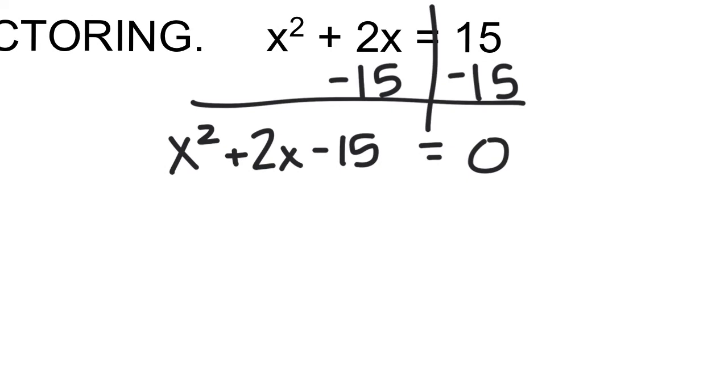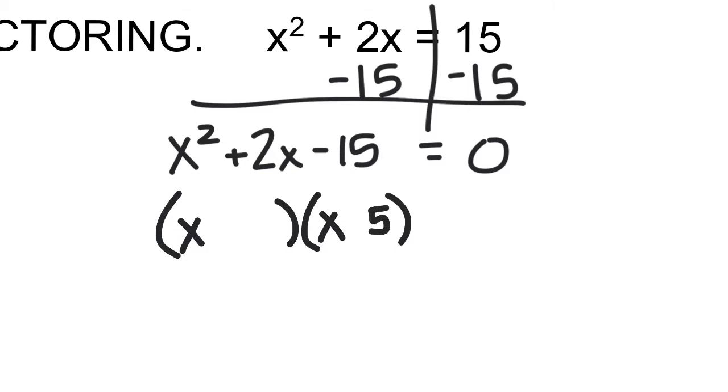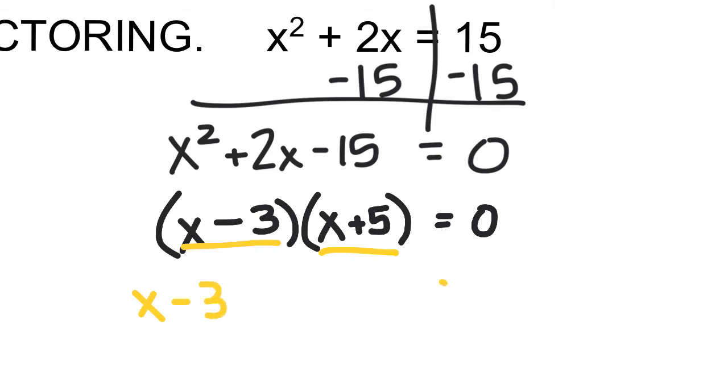To find the factors, we can use the box method, or since the coefficient of the x squared is 1, we know that we are going to have two factors that multiply to be negative 15 and add together to be positive 2. Since it's positive 2, we'll have a positive 5 and a minus 3. Those are the factors. So when asked for the factors, x minus 3 is one factor and x plus 5